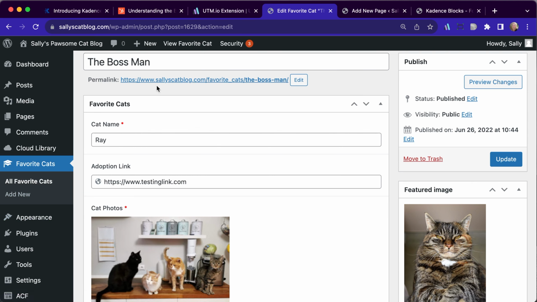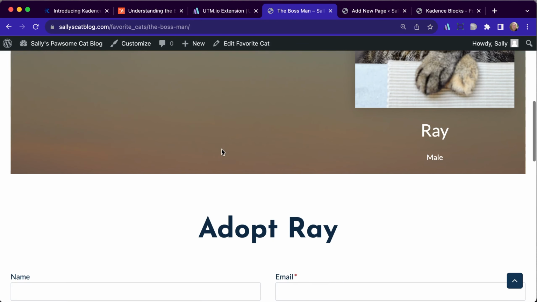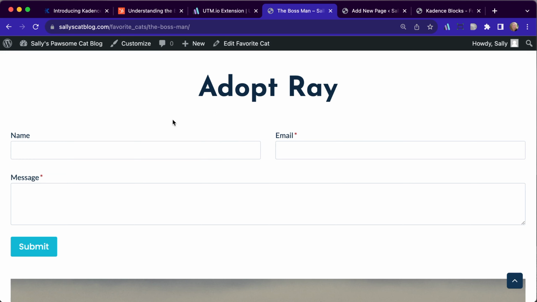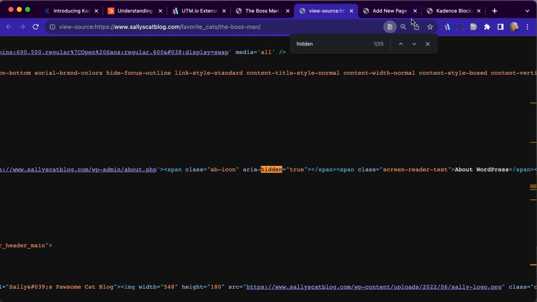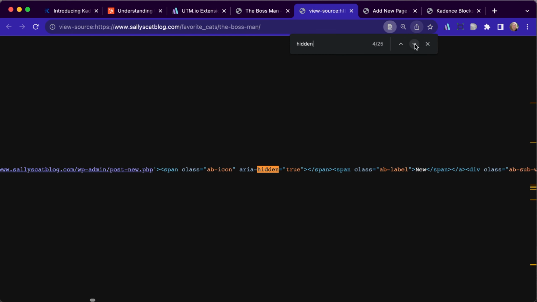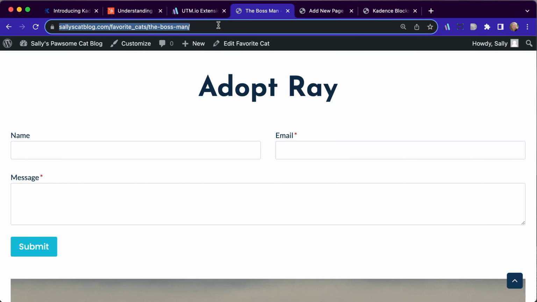Now, if we want to take a look at this, we can take a look at the boss man. There he is, looking all handsome. And we have Ray, adopt Ray down here. If we view source on this, and we do find for our hidden fields, and we go look for our cats, there is our cat name, and we see Ray. And again, we don't see anything for UTM source, UTM campaign. We are not doing a campaign on these, but if I did